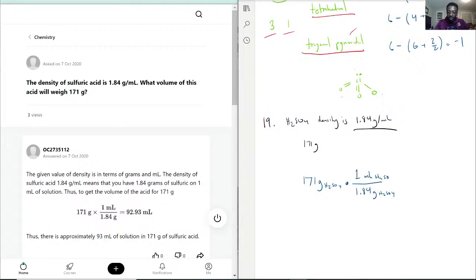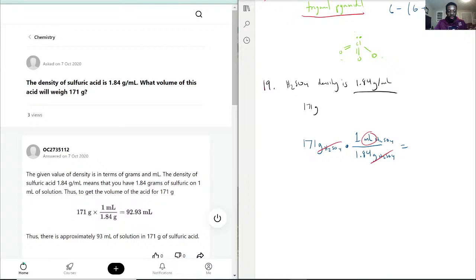Okay, so we actually cancel this out because now the gram units are done. All we're left with is just units of milliliters. So with that being said, we have 171 divided by 1.84, and we get 92. We're going to keep the same significant digits, it's 3 for the 171, so 92.9 mils of